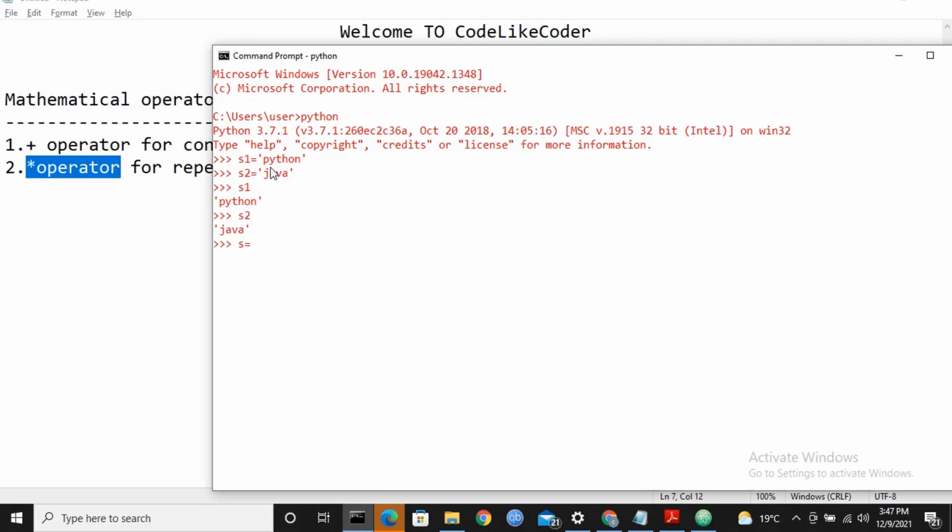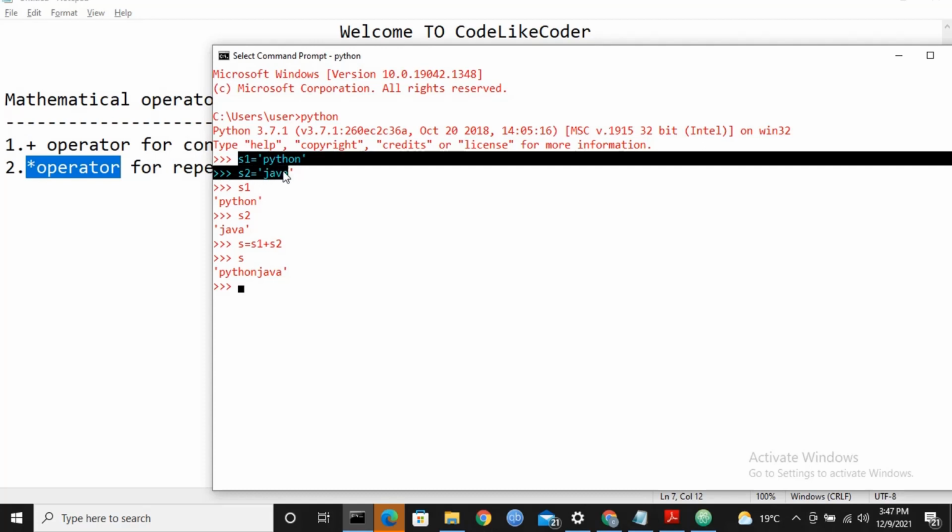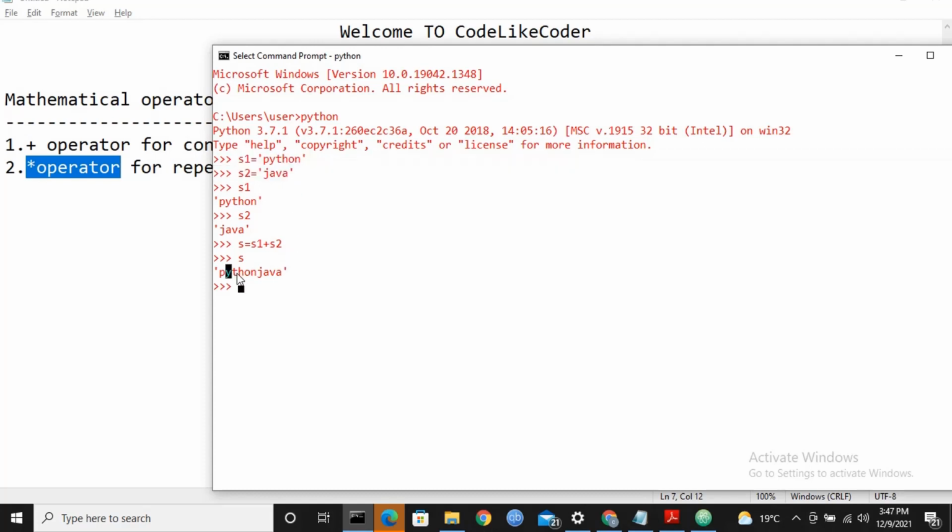Now I am creating a third variable and adding s1 plus s2. Now look here. Whenever I am printing s, it gives a result which is the combination of the s1 string and the s2 string. It is just combining these two strings and giving the result.